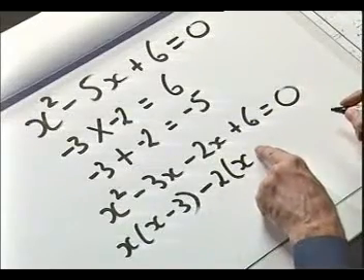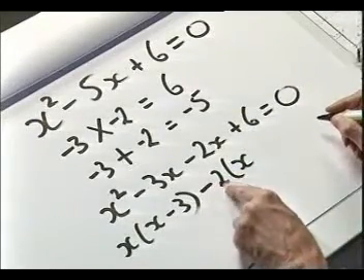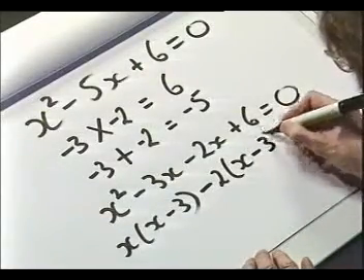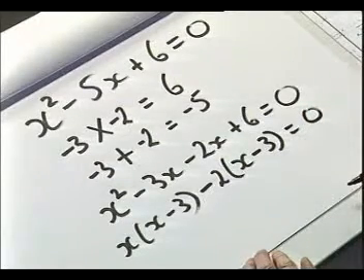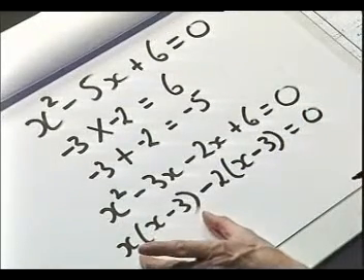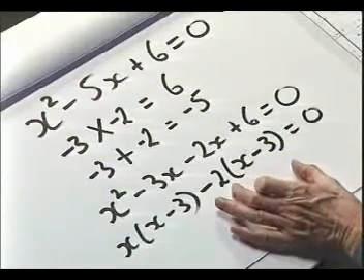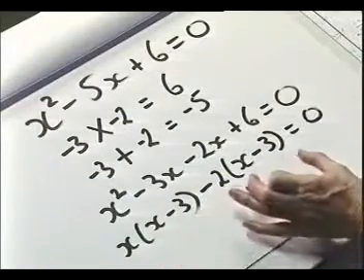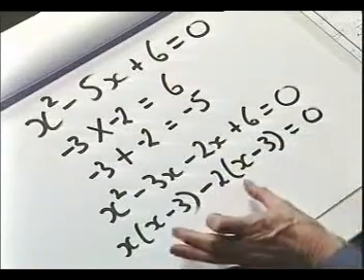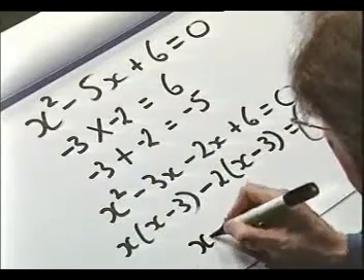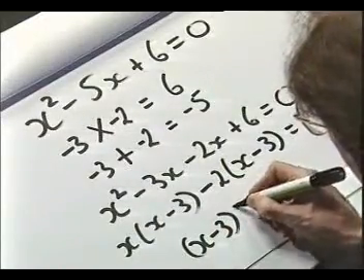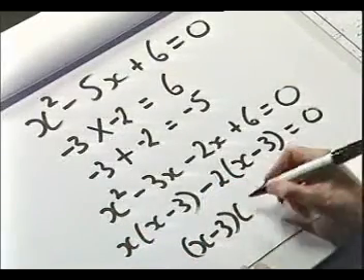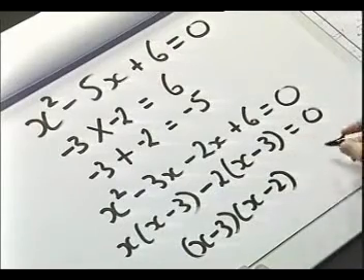And now I need to put something in here so that I have minus 2 times gives me plus 6. And that must be minus 3 equals 0. Now I've got one lump of algebra there and one lump of algebra there, and they share this common factor, x minus 3. So we take that out as a common factor, and we're left with the other factor as x minus 2. X minus 2, close the bracket,